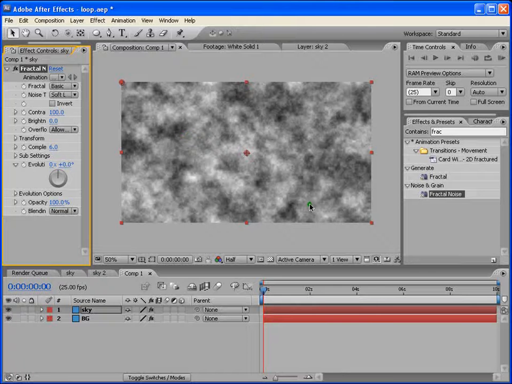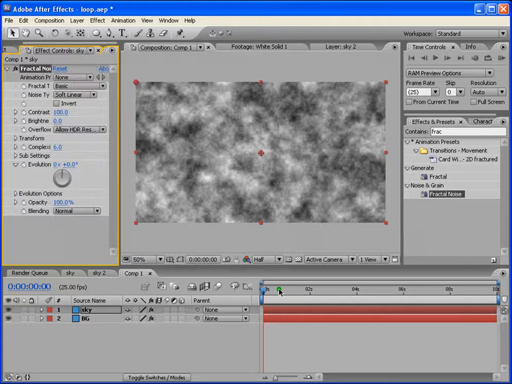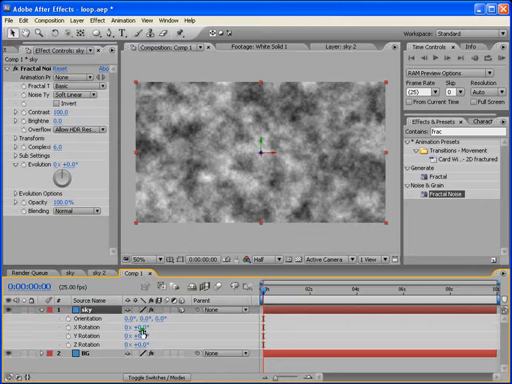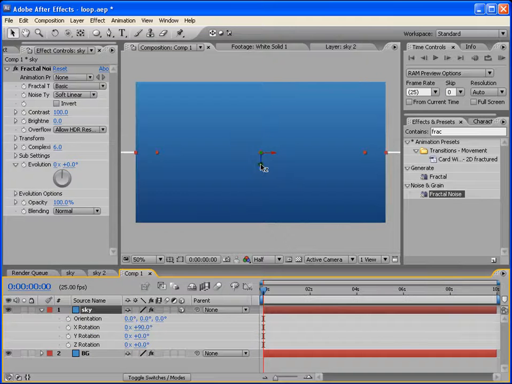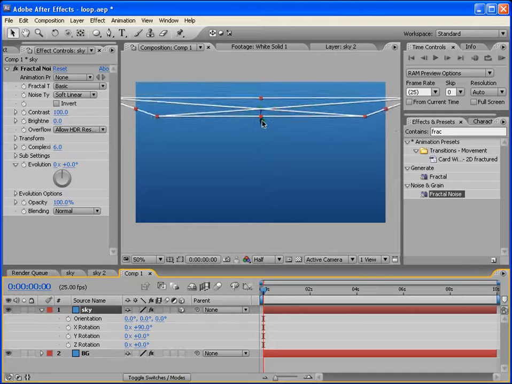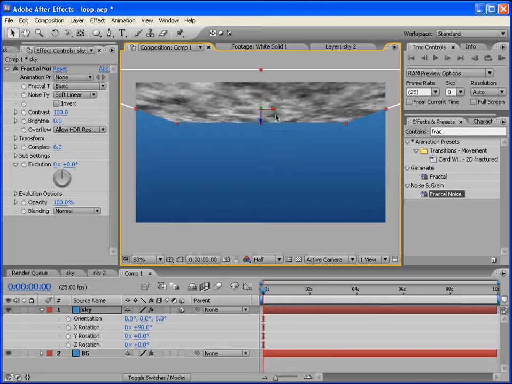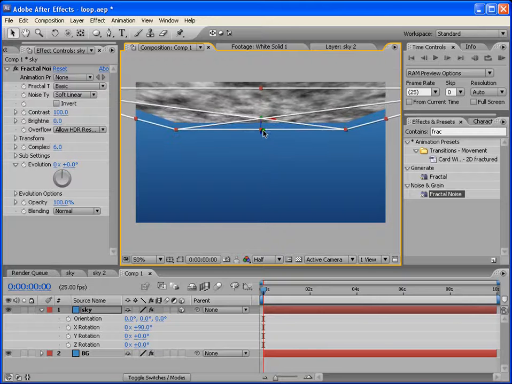This is our basic fractal noise. Before we start everything, let's adjust the sky first. We change it to a 3D layer, press R and set 90, and we move it up here. Scale it, move it down,